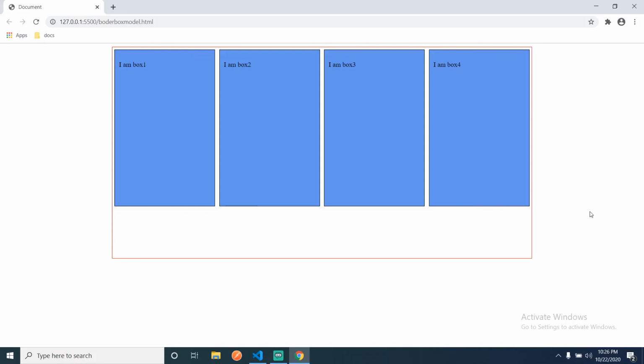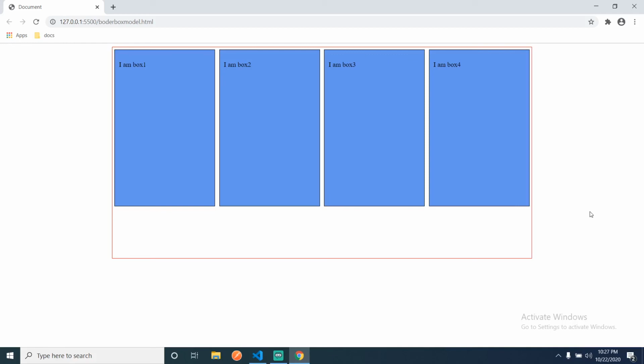But that's not a good approach. Suppose we have 100 layouts on our website, and each and every layout is one box. If I want to change something in one box, it will impact the others as well, and I need to go and change each and every box.